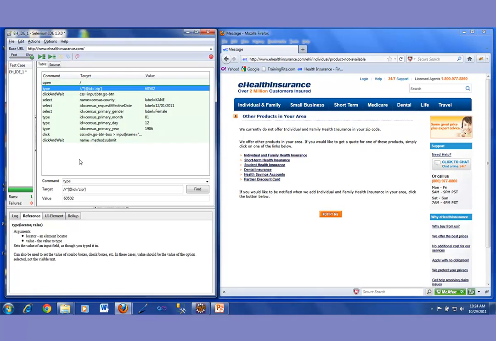So I come in here and rather than putting 60502, I'm going to type, let's say, a different zip code, 10018. We will have an issue. If I put 10018, now it is going to go and put that in that zip code. It'll click on that, but then it'll look for this